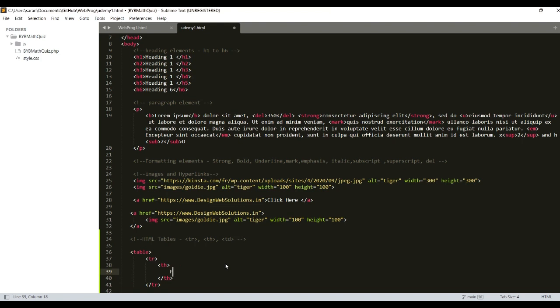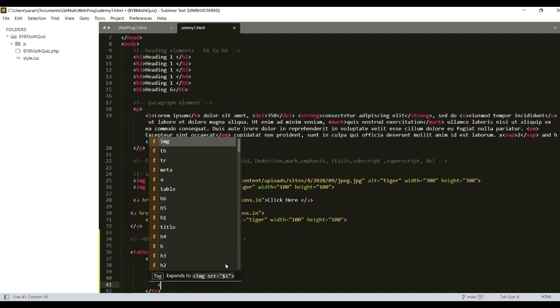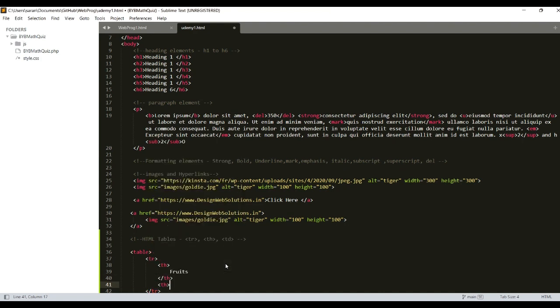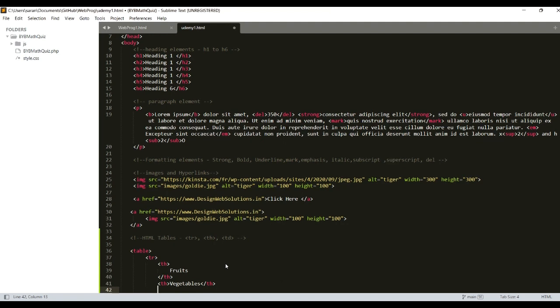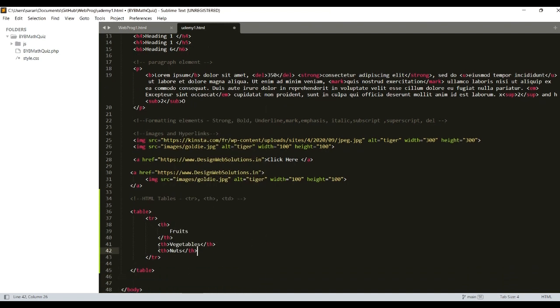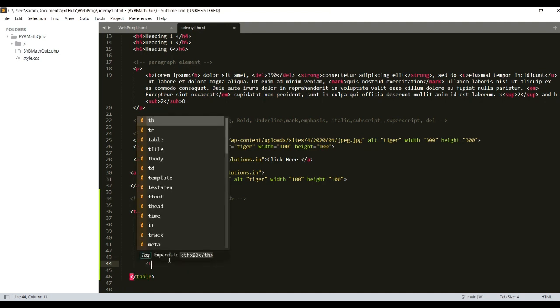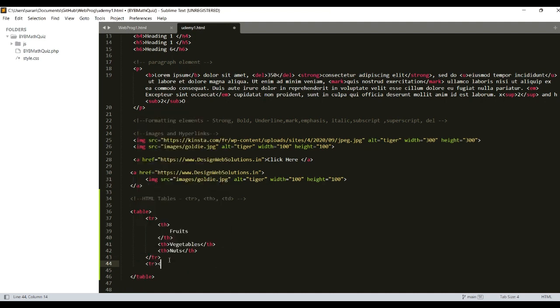and the first heading is fruits, and we have 2 more headings, th, vegetables, and then the third heading, it's nuts. Now the first row is completed. So then we'll go to the second row, another tr tag, closing tr, and in the second row